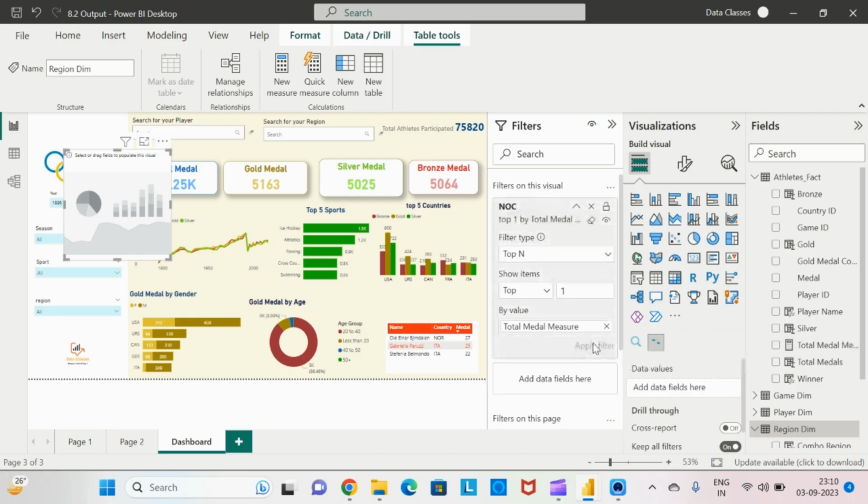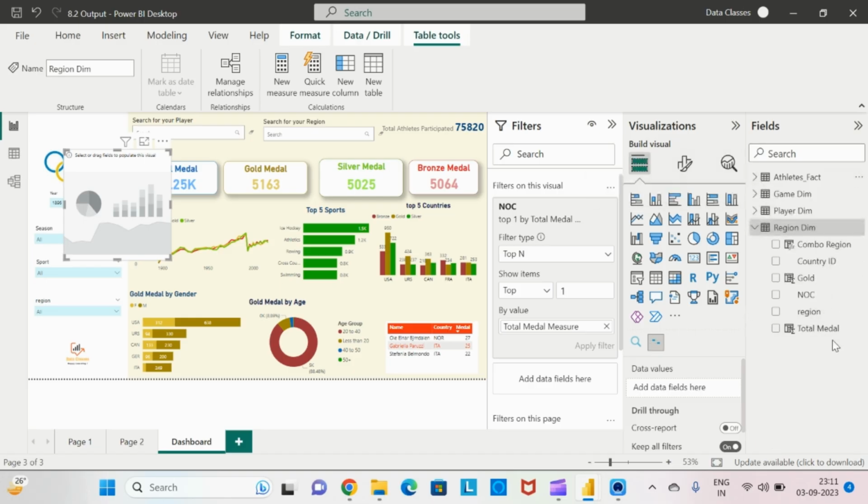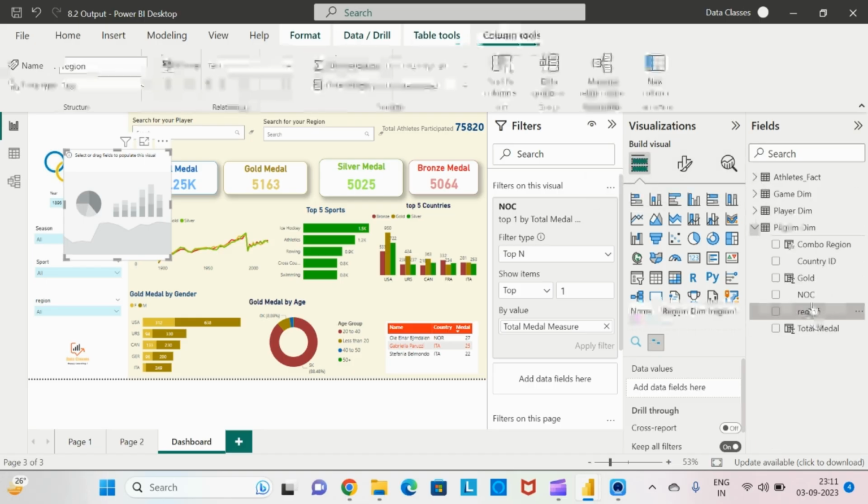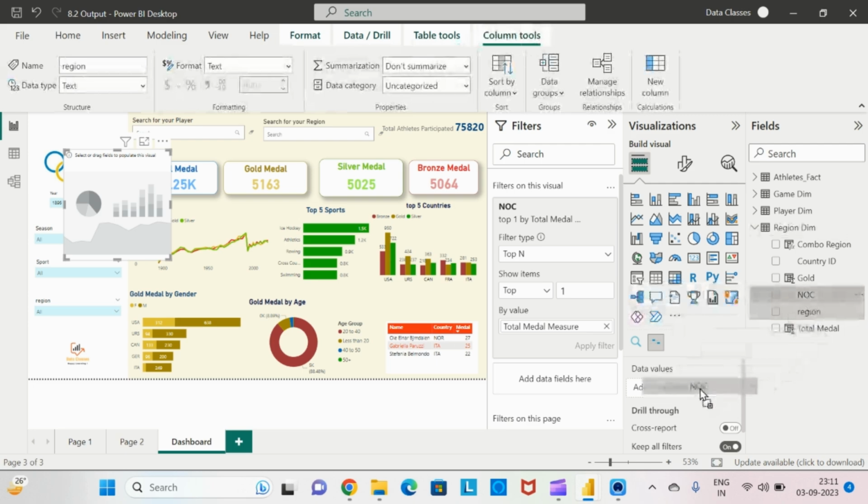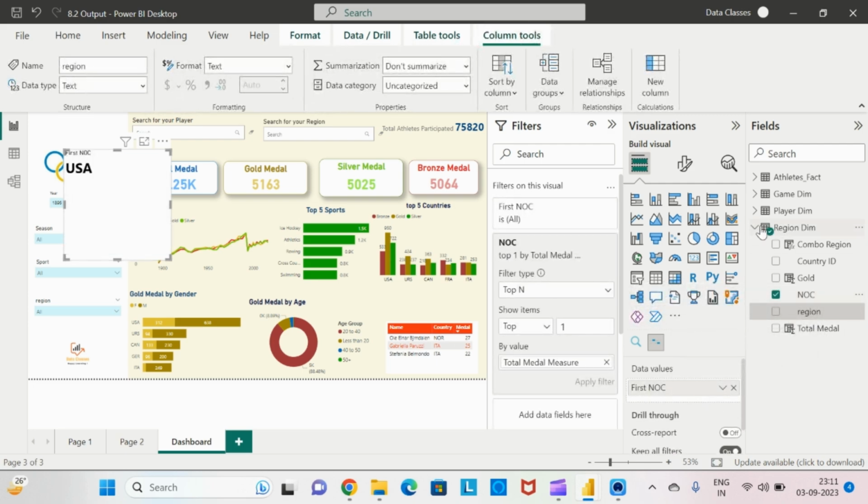When I apply this, I will get only one country name in this particular filter. Now I will ask for not the region, I will go to the NOC, name of the country,